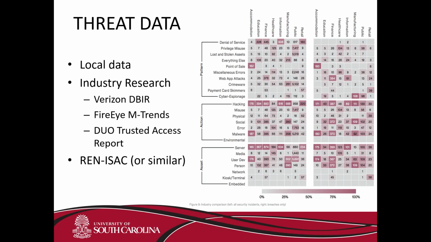In addition to the Verizon Data Breach Investigations Report and some of the other ones I've got listed here, the FireEye M-Trends, and so on, the other thing that's very helpful are industry sector specific information sharing organizations. In higher education, we have REN-ISAC, there's the MS-ISAC, US-ISAC, and several others. But this is an opportunity in REN-ISAC's case where higher education institutions share threat data and say, hey, the folks at the University of South Carolina are seeing these types of attacks and threats, and we're sharing that with our